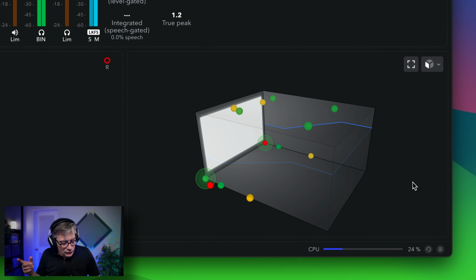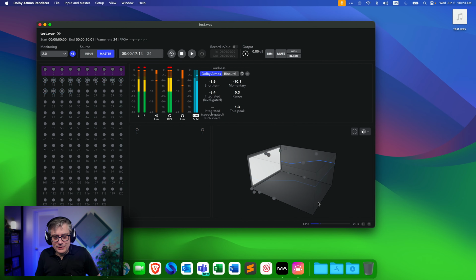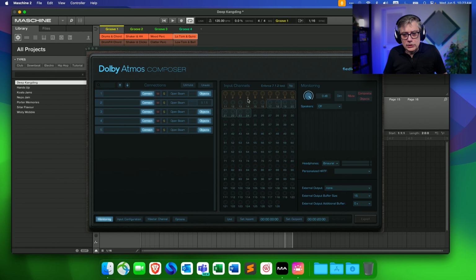Now, if you paid attention, you might notice that I have a lot more objects here than I actually put into the system. If you remember, we had 3 object pairs, so there are actually 6 objects, but I see a lot more objects. The reason I see more objects is that in the Dolby Atmos Composer, only the first 10 channels are the traditional Dolby Atmos bed, and what the Fiddle Audio Composer is doing is taking channels 11, 12, 13, 14, 15, and 16 as additional object channels to augment the Dolby Atmos bed.